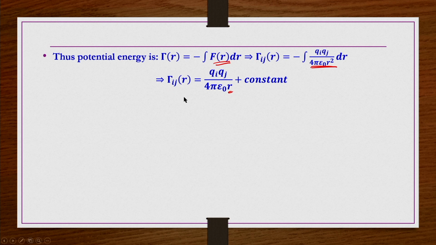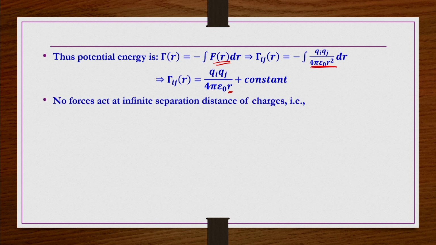And then we know this is gamma ij, that is the intermolecular potential. F is the force between two molecules, whereas this gamma ij is the intermolecular potential energy between these two molecules, and it is inversely proportional to r, okay. That is the separation distance. Obviously, when these molecules move away from each other to infinite distance, there will not be any force acting amongst them, they will be independent of each other, there will not be any force or intermolecular potential between these two molecules. That means, at r tends to infinity, gamma tends to 0, that means the constant is 0.